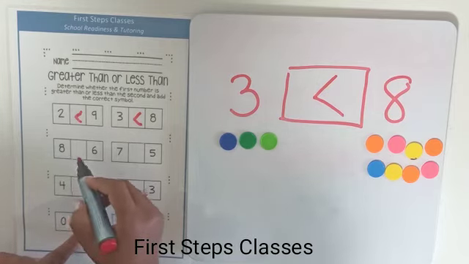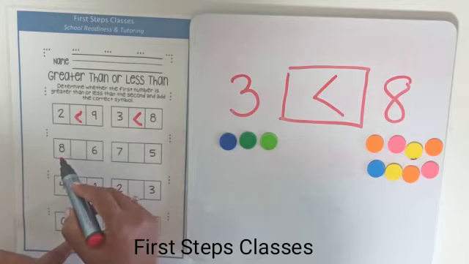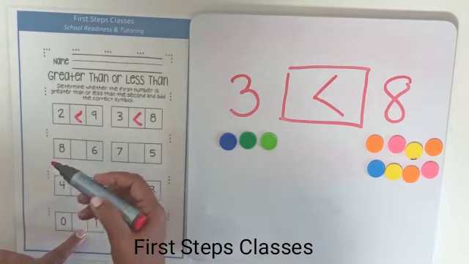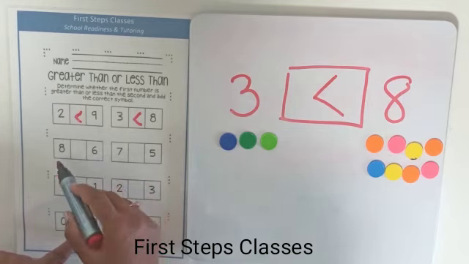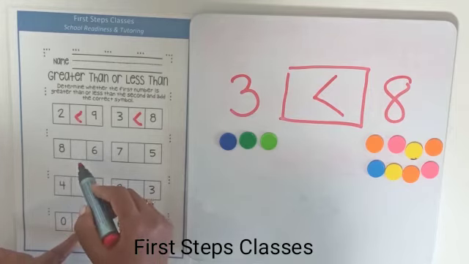I would like you all to do this activity at home and put in counters or whatever things you have at home. Maybe you can use pebbles, maybe you can use bottle caps, you can use whatever you want, and you can put in and count it and then decide which is a bigger number and which is a smaller number.